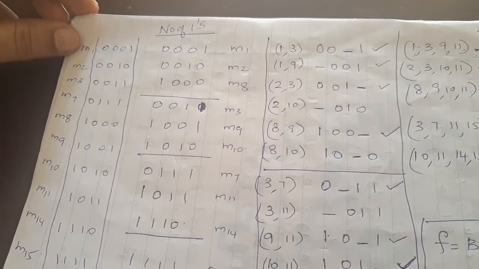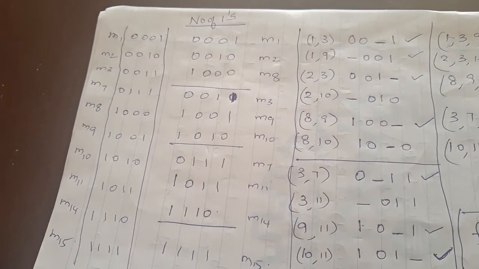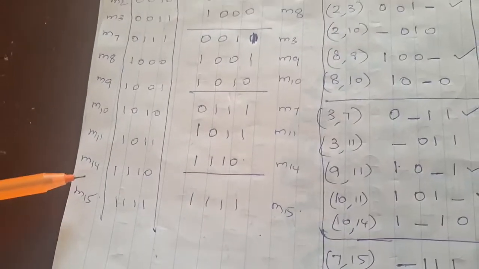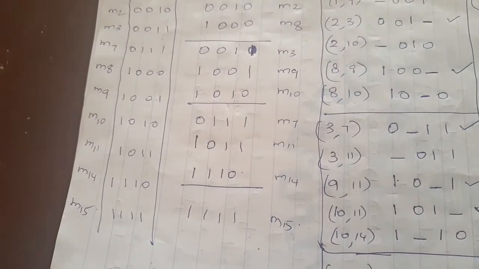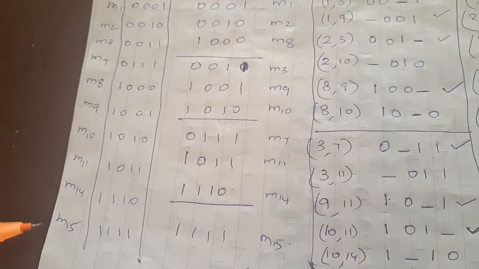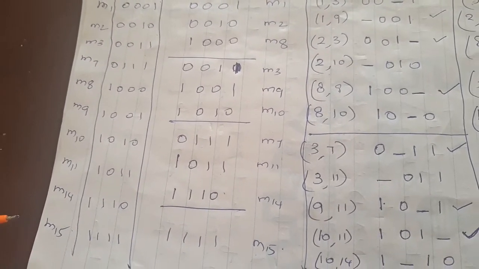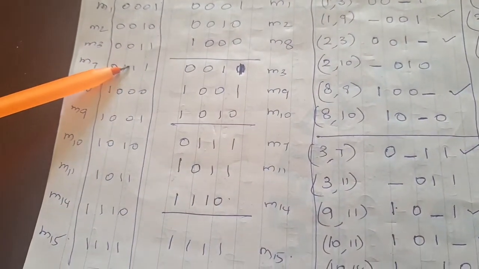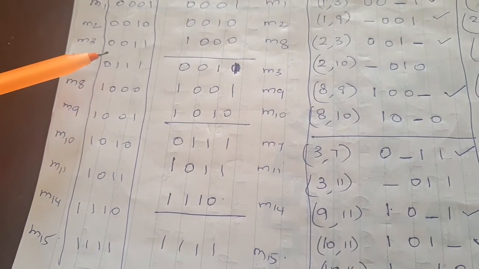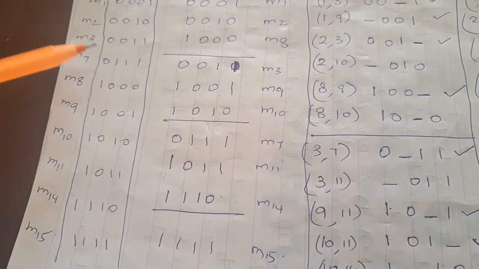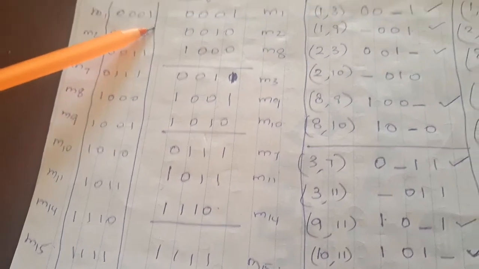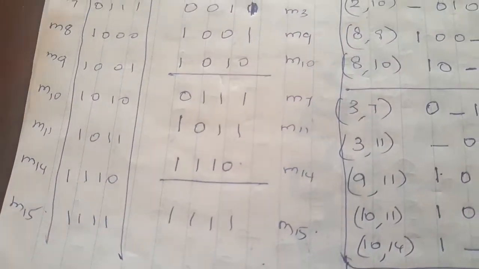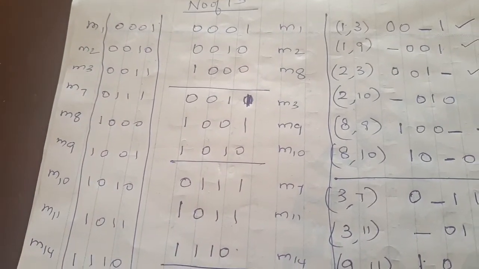The first step is arranging your minterms in order, from the lowest value to the highest value. So the first column indicates the minterms arranged from lowest to highest. The second step is writing the binary value for each minterm. If it is minterm 1, write the binary value 0001; 8 is 1000; 14 is 1110. So I have written all the binary expressions for these minterms.